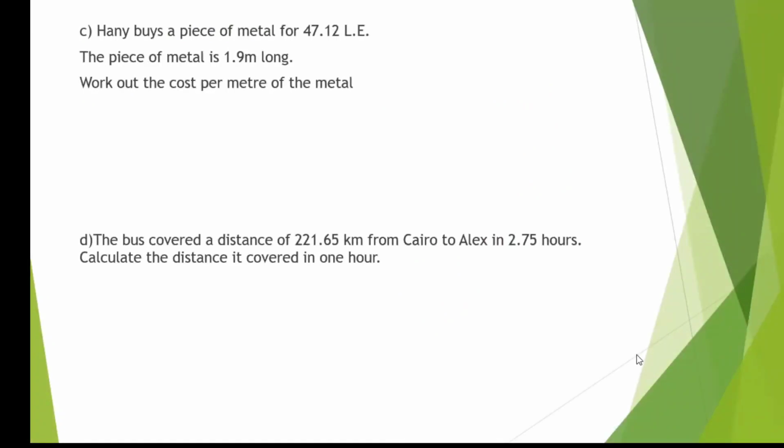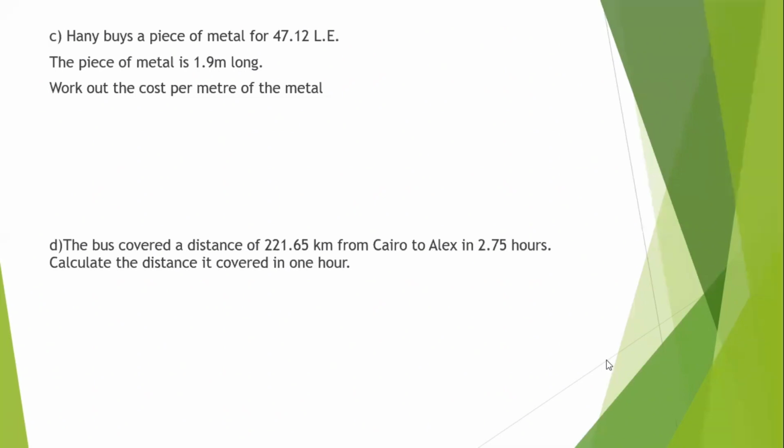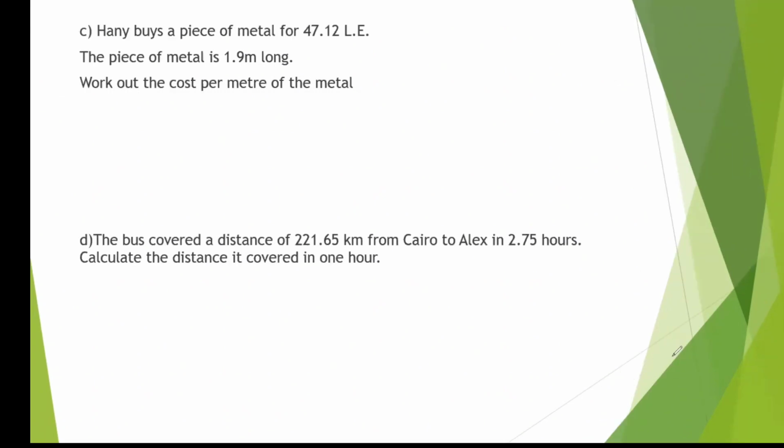C. Hani buys a piece of metal for 47.12 Egyptian pounds. The piece of metal is 1.9 meter long. Work out the cost per meter of the metal. يعني البيس كلها اللانث بتاعها 1.9 متر والبرايس بتاعها 47.12. أنا عايزة أعرف الكوست بتاع each 1 متر، يبقى هنعمل divide